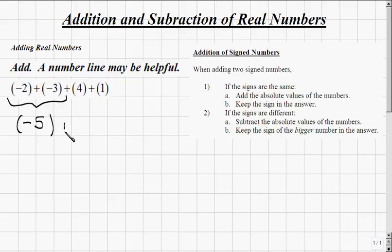To that, let's add 4, and then add to that 1. We see that without a sign in front of 4, we'll assume it's positive, as well as the 1. So adding -5 plus 4, we're adding two numbers with different signs. The directions tell us if the signs are different, subtract the absolute values of the numbers and keep the sign